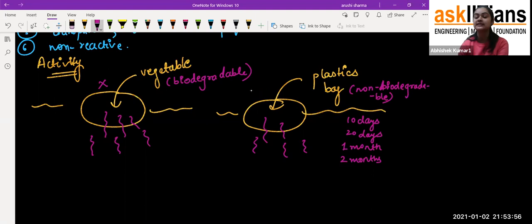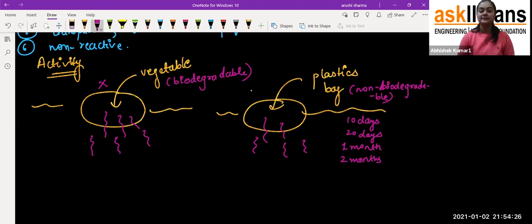That means plastic is not going to be decomposed. So it is very important for us to stop using plastic, because if these plastic bags are eaten by animals, they will cause harm to their bodies. That is how we can say they are not good to use, because they are non-biodegradable.